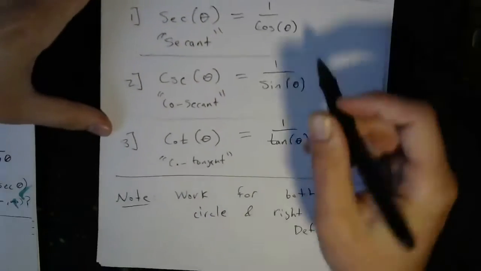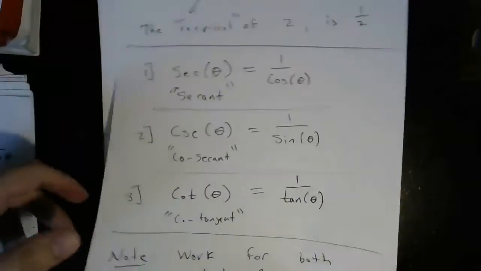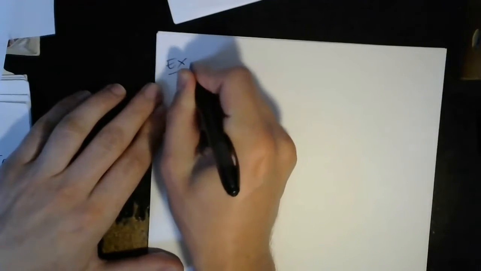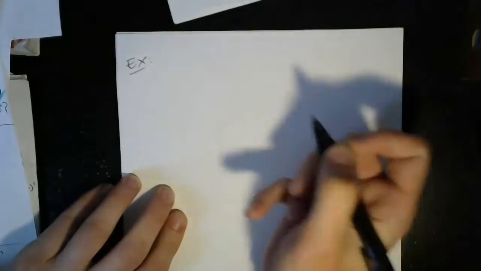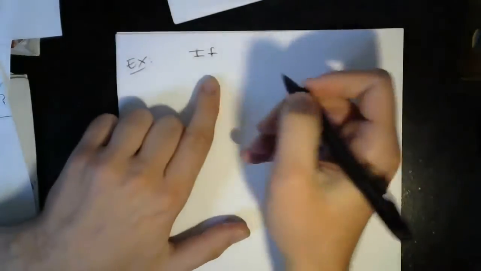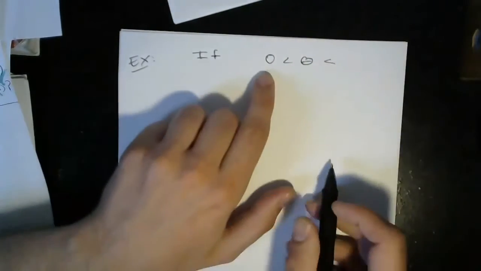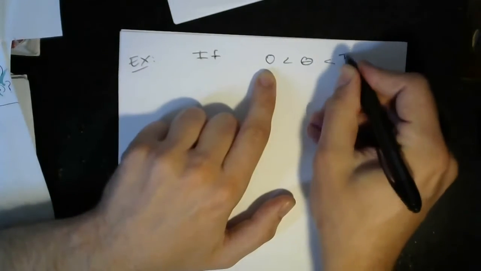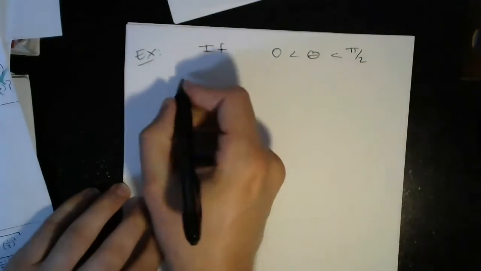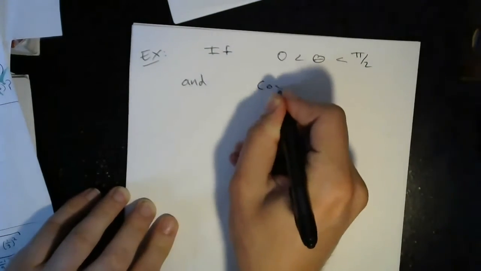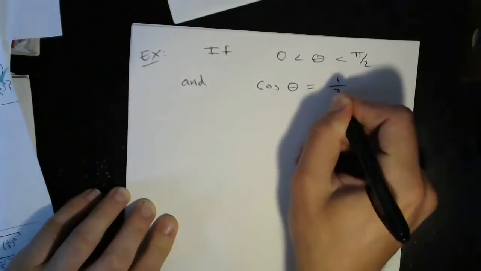So continuing on from these definitions, I want to go ahead and do an example. This is an example that we'll think of in the context of the circle. The question says, if we have an angle theta between 0 and pi over 2, and cosine theta is 1/3,